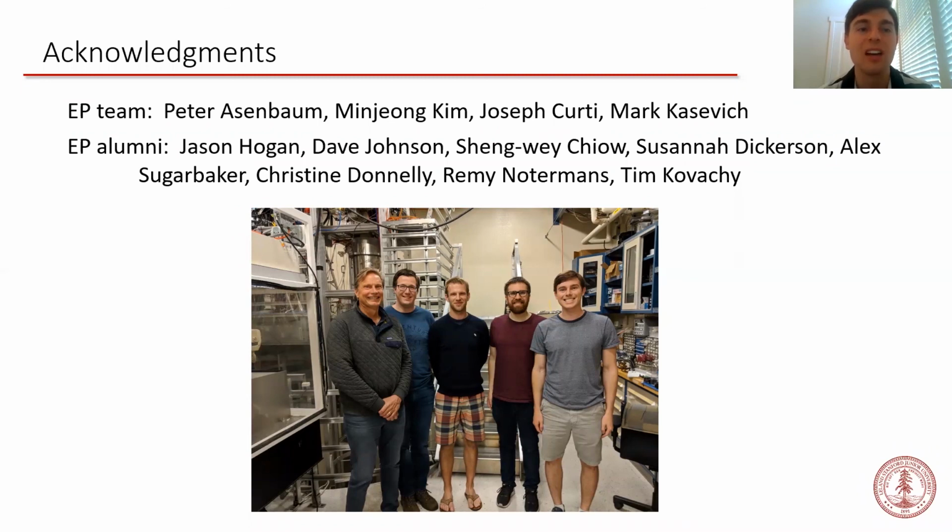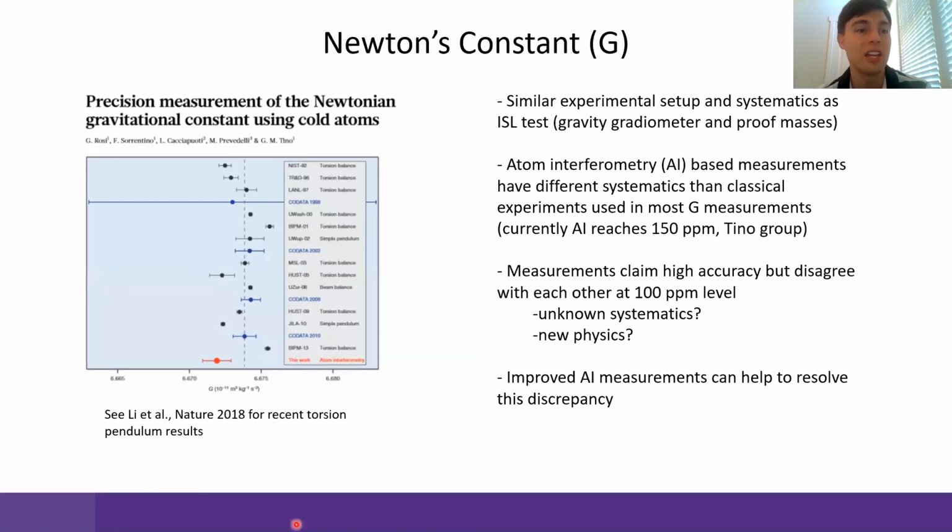You may have seen on that slide, let me just go back to it right now, that there's actually already been an atom interferometric test. So that's the red point at the bottom. Not super sensitive though. I think the best test is this one from the Eötvös group with a torsion balance. There's been a number of similarly good tests with torsion balances, which are not agreeing. And so we have this atom interferometric measurement, which is in the ballpark. It's kind of at the 10 to the minus 4 level.